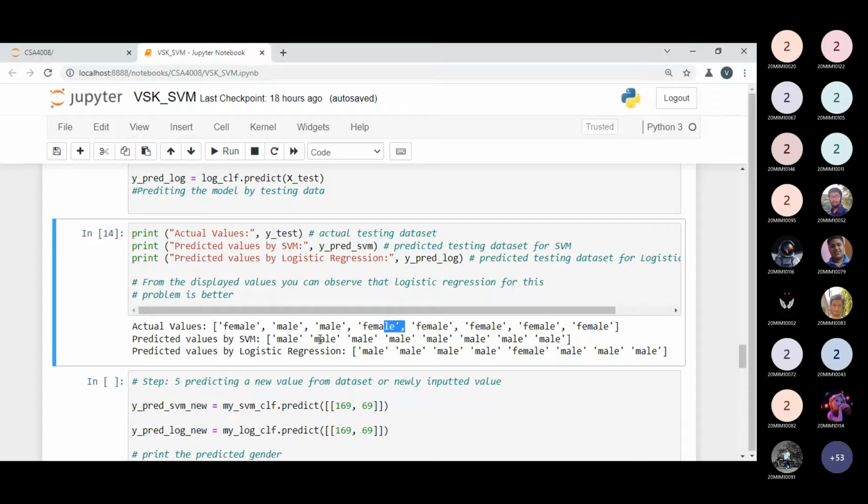So only 3 values are matching out of the 8. In the logistic regression, 4 values are matching. It means logistic regression is better than the support vector machine.